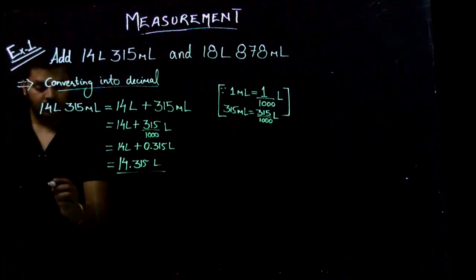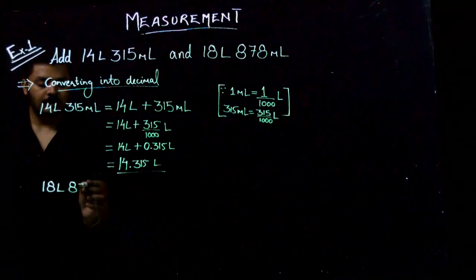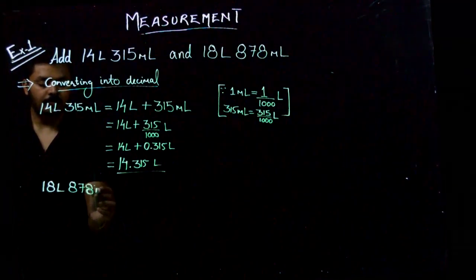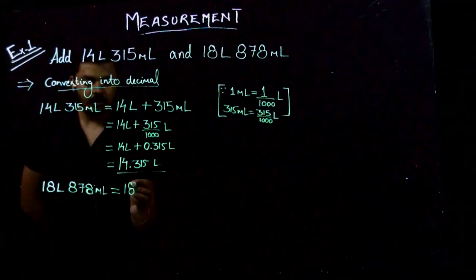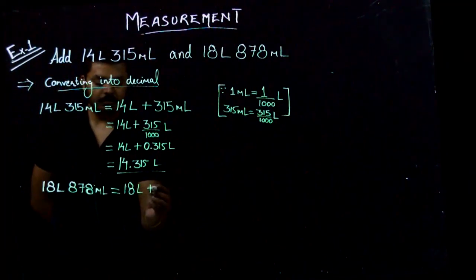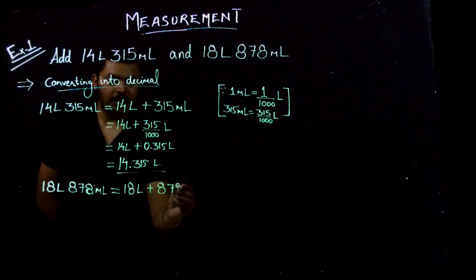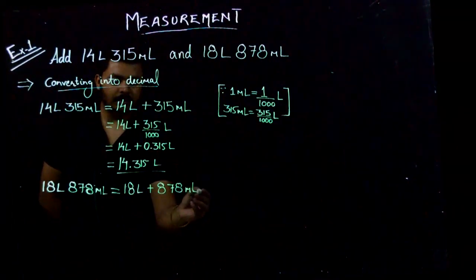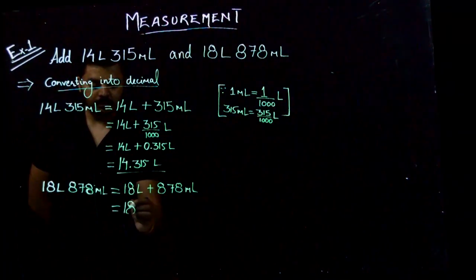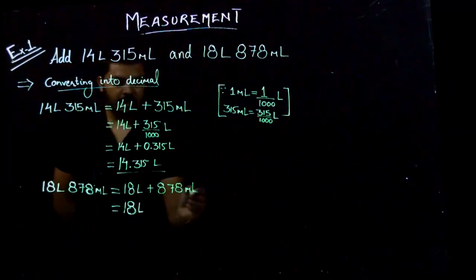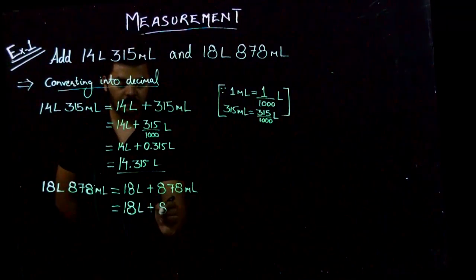Similarly 18 liter 878 milliliter is equal to 18 liter plus 878 milliliter. Now again converting the milliliter into liters, divide it by 1000,